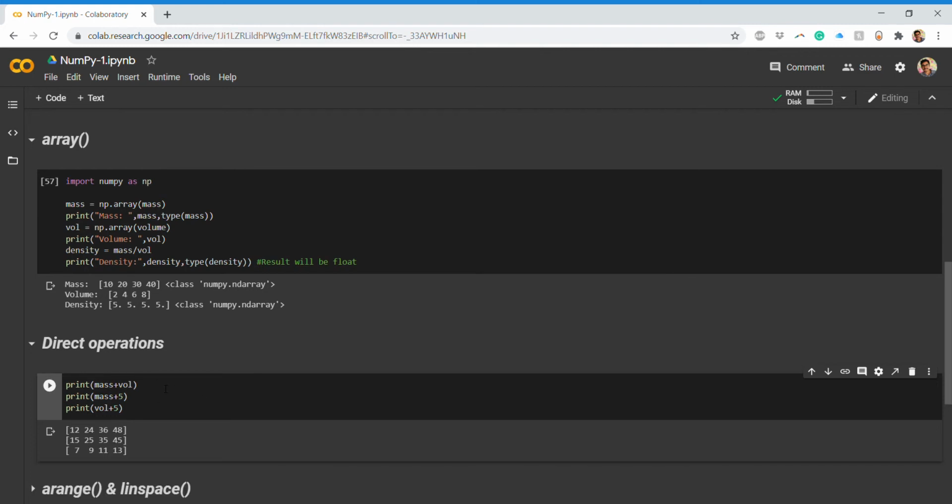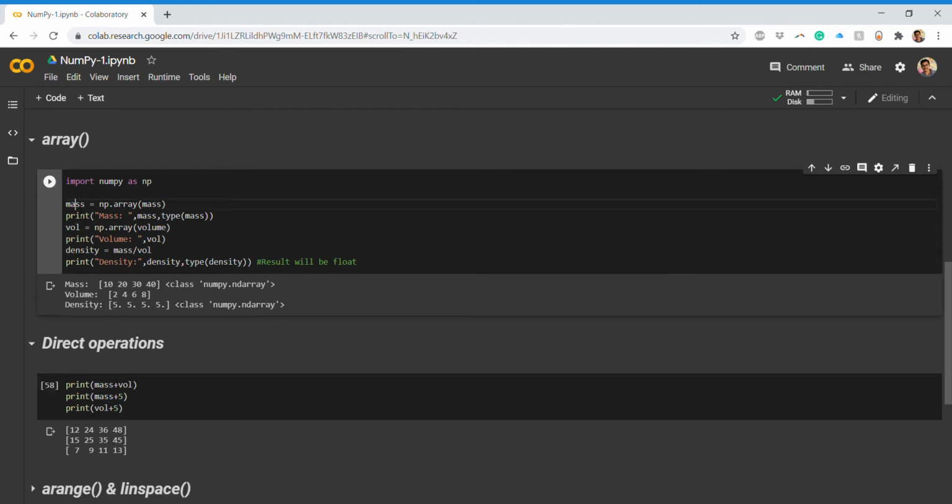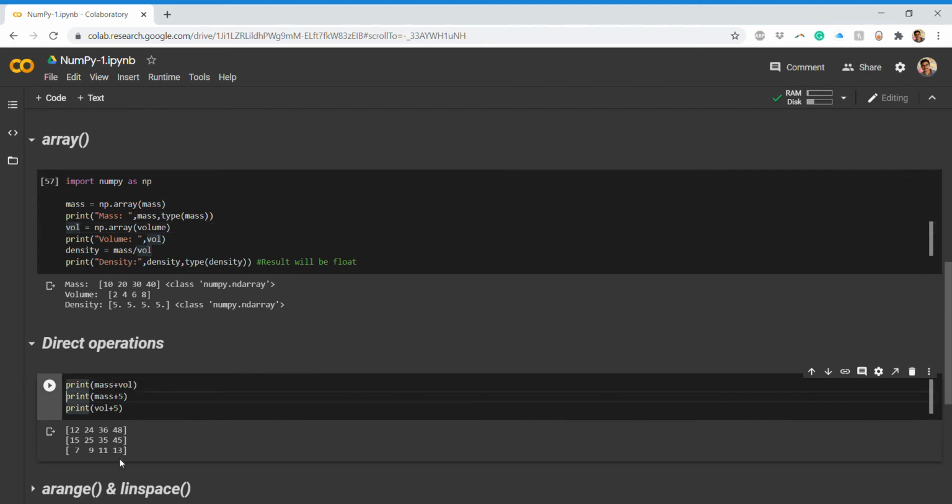Yeah, so it perfectly works now. Here what I did is I just converted this into an array and this to an array. So when I first print mass upon volume, it will just do the addition internally. It will not concatenate. The size of the array remains the same, the number of elements remains the same, but the values change. So it will be 10 plus 2, 20 plus 4, 30 plus 6, and 40 plus 8. You get this particular result as a result of this print function.